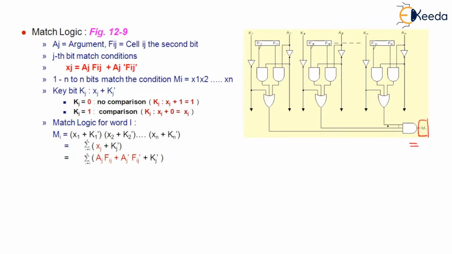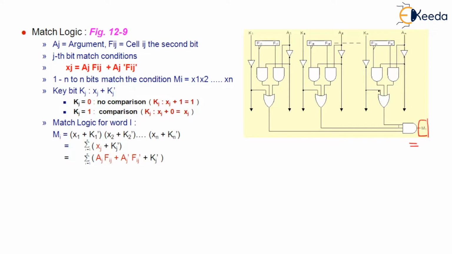Now let us observe each and every line. Is it actually representing x1 plus k1 complement? Let us see. Of course, for ORing, we're going to use an OR gate. Yes, there is an OR gate. For that OR gate, we need to connect two values. What are those values? One is X. We will see if there is an X. X1 plus K1 complement.